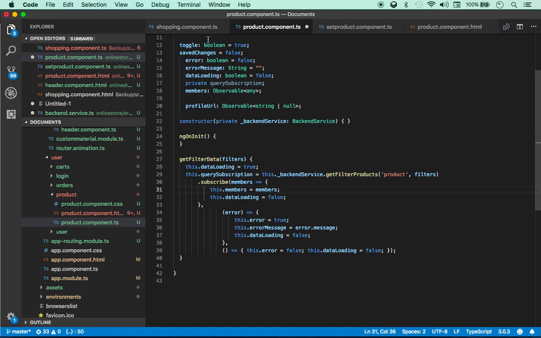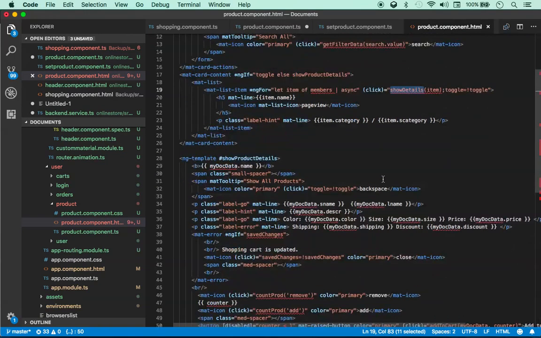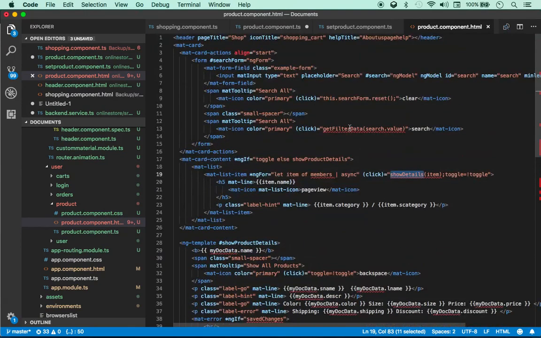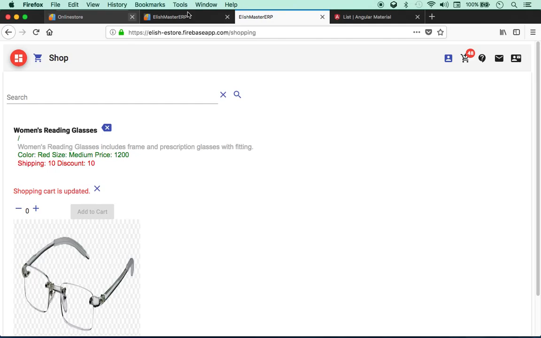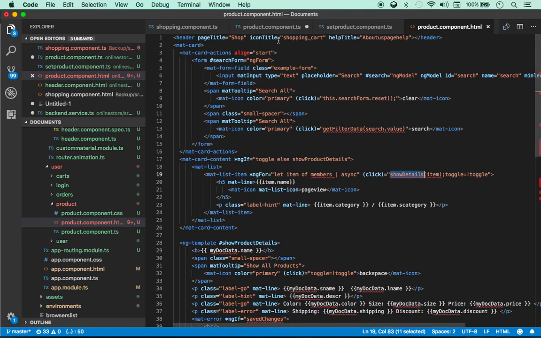Get filter data. Now let's go to product.component.html. So we took care of this function. Next thing is show details. And there's one more function, I think, get data. So what's going to happen the first time your user sees that? This is the get filter data you're calling when you're searching something. So the first time this page is loaded, you have to show all the products. So it's going to be get data. So let's go to this one,